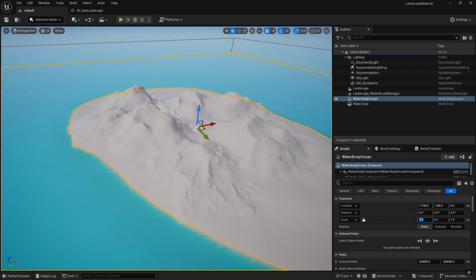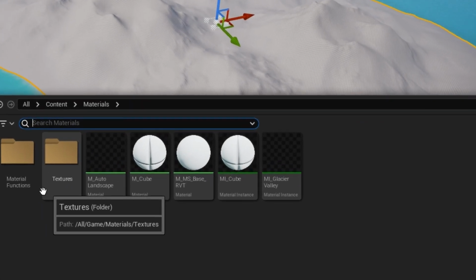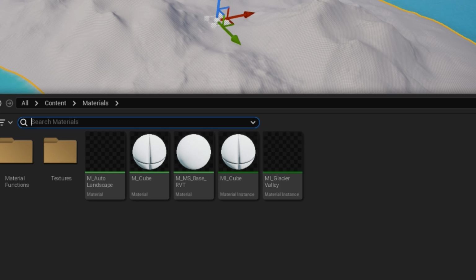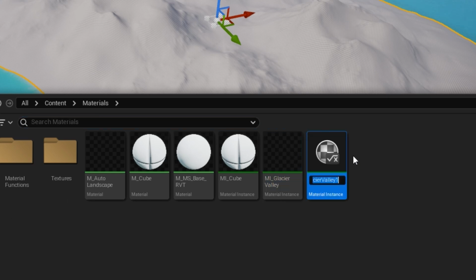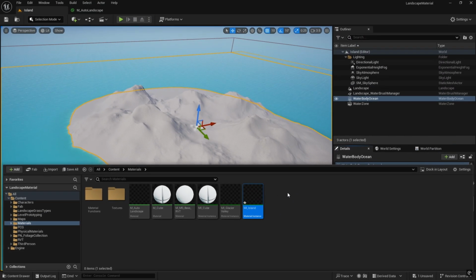Anyway, let's get on with doing the material, and then we can show you what the problem is that we're solving today. So for our landscape material, let's use our Glacier Valley material instance as a starting point. Go into your content browser, find the material instance Glacier Valley, and do Control-D to duplicate it, and we'll call this MI